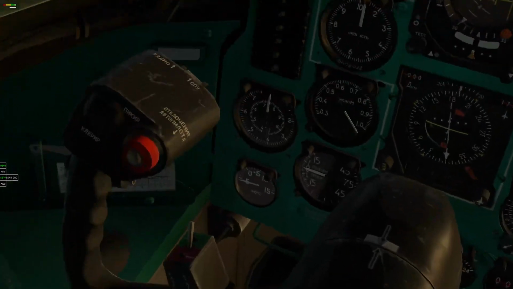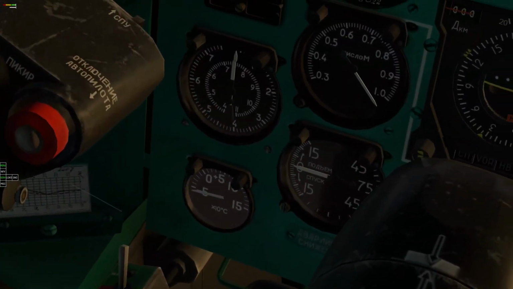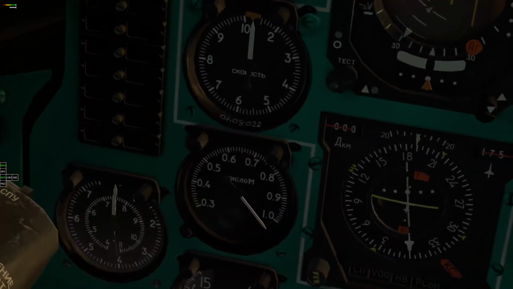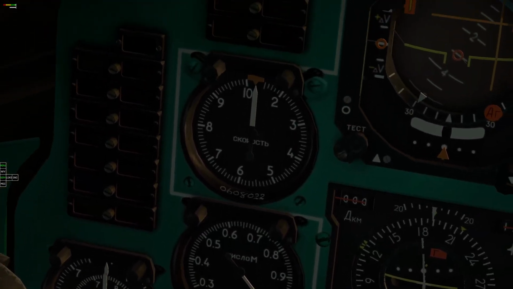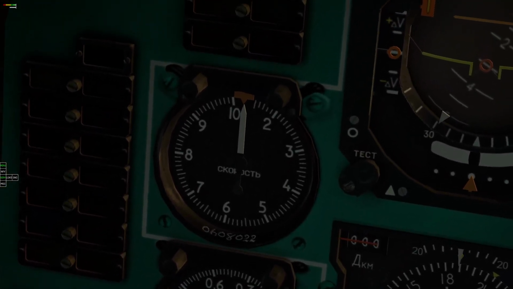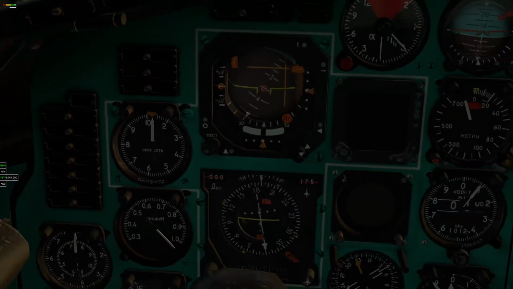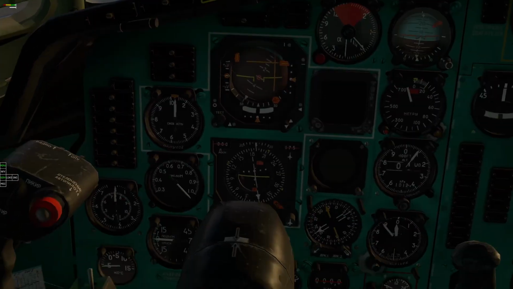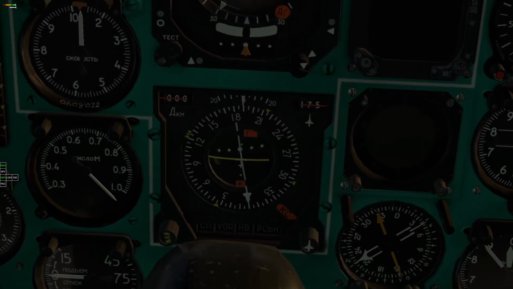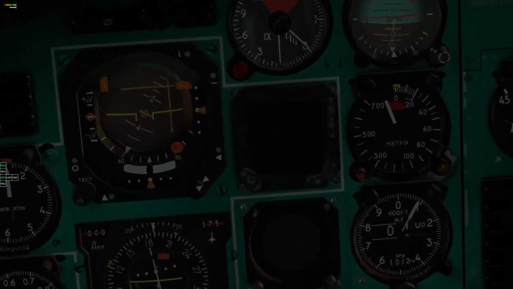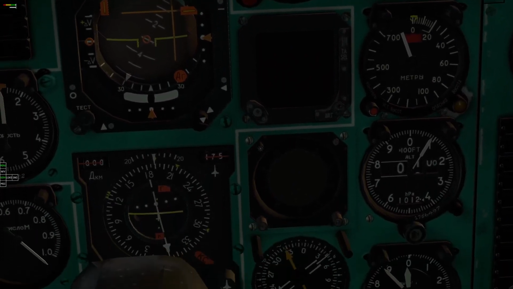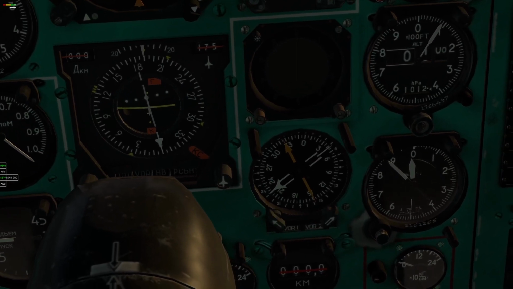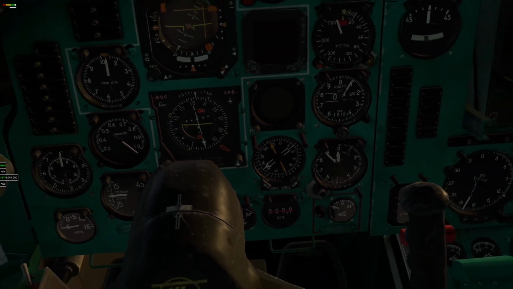So, here we have outer air temperature gauge, the speed gauge, the VSI, Mach meter, the speed in kilometers per hour, because this is a Russian aircraft, the main artificial horizon, or PKP, the HSI, or PNP, the digital TKS DSI, the digital altimeter, the VOR or DME ARK receiver, ADF basically,